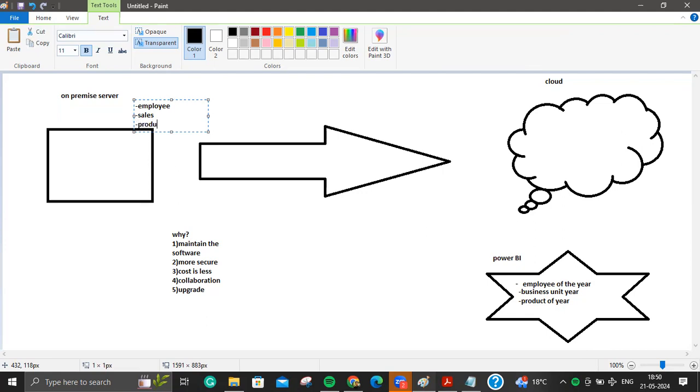When you move the data to the cloud, you first need to extract the data from the source server. Then you also need to transform the data.